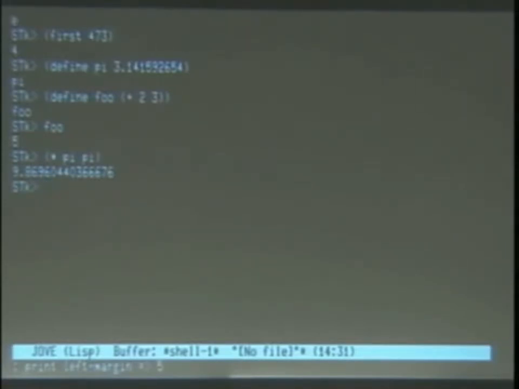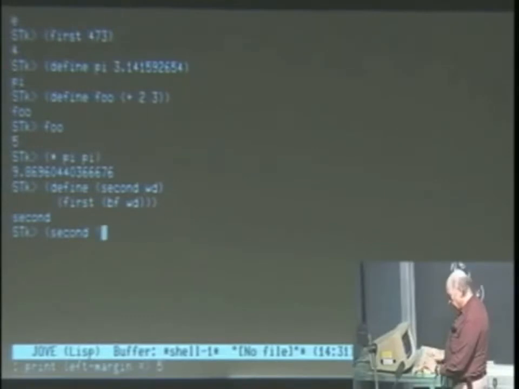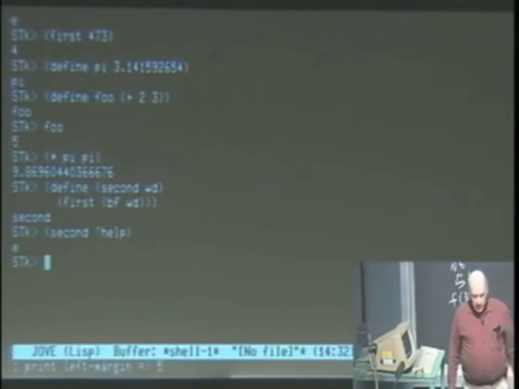I can also define things to be procedures, and the notation for that is a little bit different. So I'm going to say define second would be first of but first of would. So now I can say second, quote, help, and get E. Okay, so in that definition,